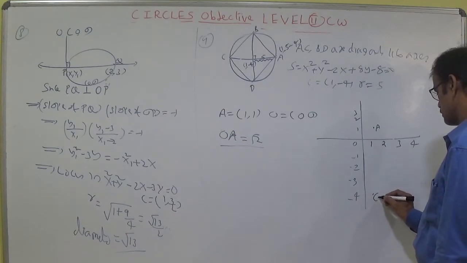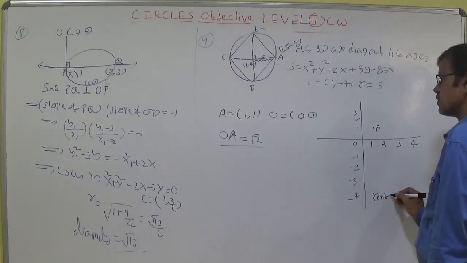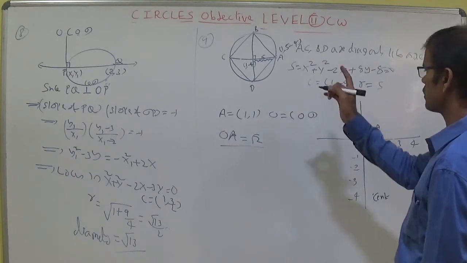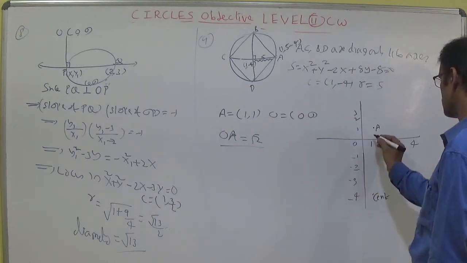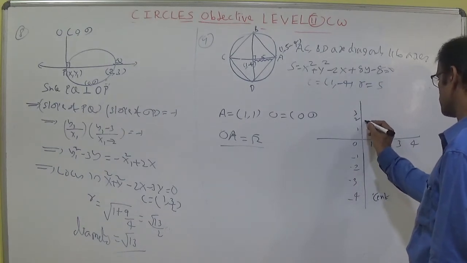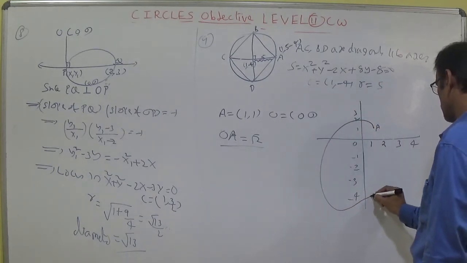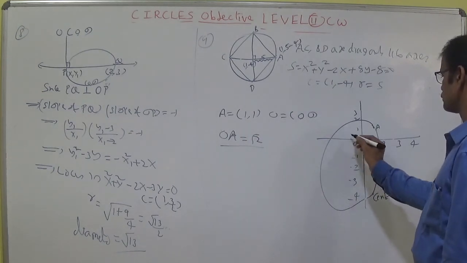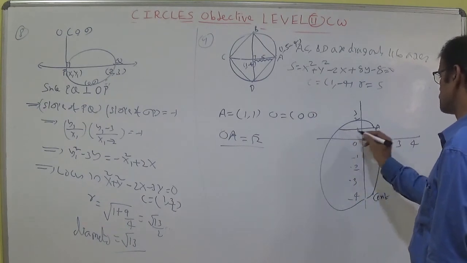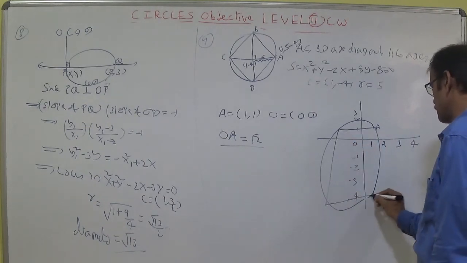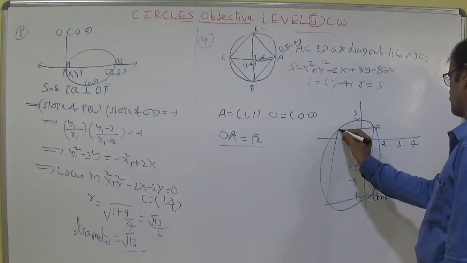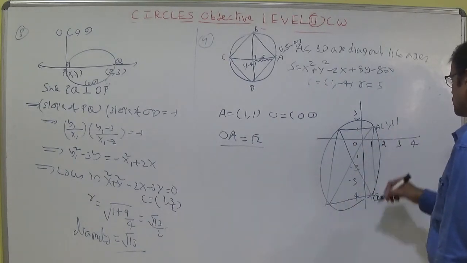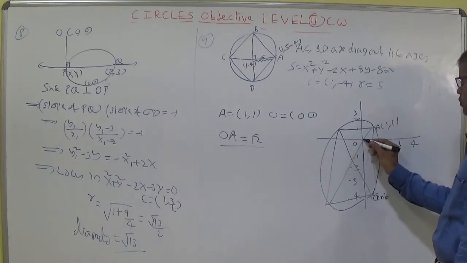Center depends upon center. Diagonals are perpendicular. Diagonals are parallel to the axis. Taking this one like this you take. You can draw properly. This is in the first quadrant. Like this we can draw properly. Here you can understand this one as (1, 1). So OA is root 2.